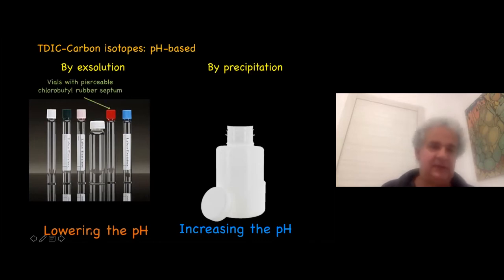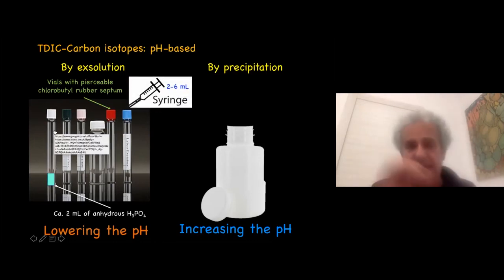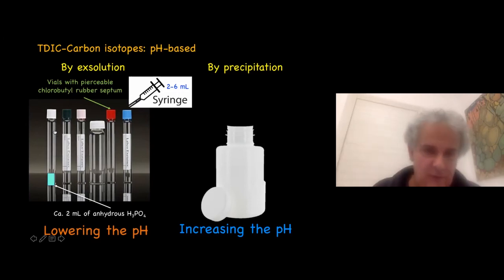So this means that we are going to use vials with a pierceable rubber septum, where about 2 mL of anhydrous orthophosphoric acid has been added. Then you pre-evacuate, and basically in the field with a syringe, you inject 2 to 6 mL of your water according to the amount of estimated dissolved carbon,